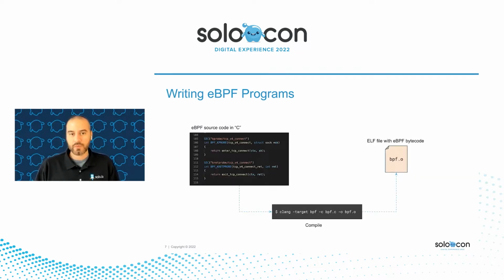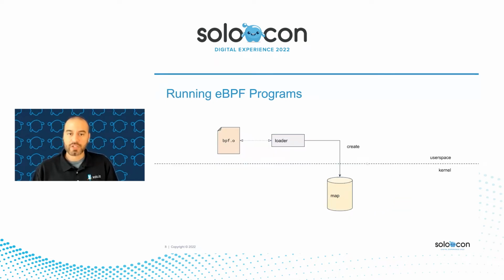So at a high level, what it looks like is you write some eBPF code in C, in a C-like format, and then you compile that using Clang, and you end up with an ELF file, which, if you're familiar with Linux, is the standard execution binary format. You get an ELF file that represents your eBPF programs in that eBPF assembly or bytecode. And then when you actually want to run that